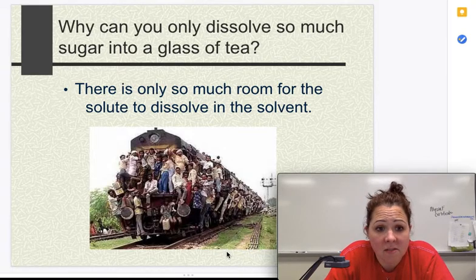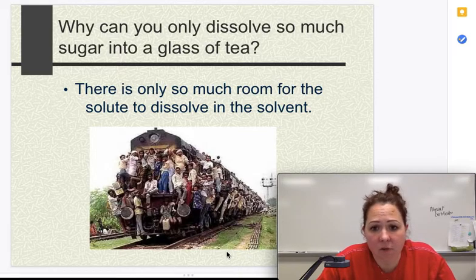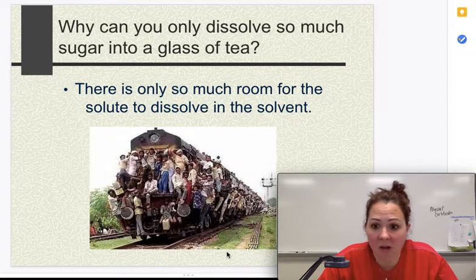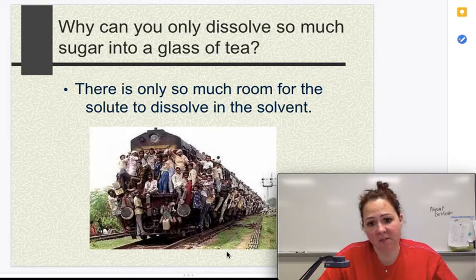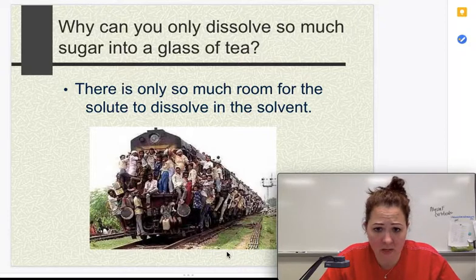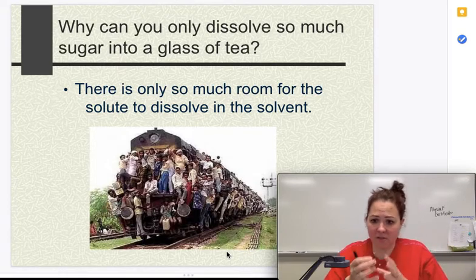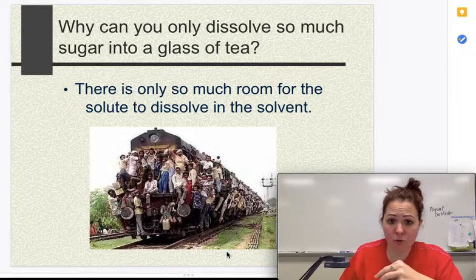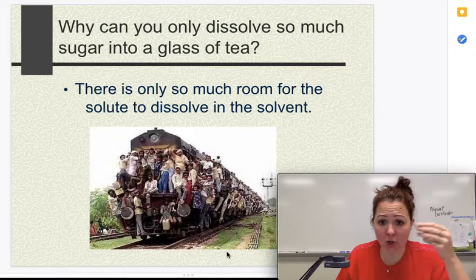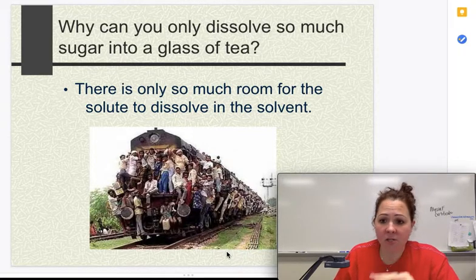We are looking at the next section of your solutions unit. As we look at this next section, we're going to look at dissolving your solute into your solvent specifically. There's only so much room that we can add the solute to the solvent. So we're going to look at three different distinctions of a solution and how much solute you have in that solvent overall. Eventually we're going to mathematically calculate this, but for right now we're just going to look at